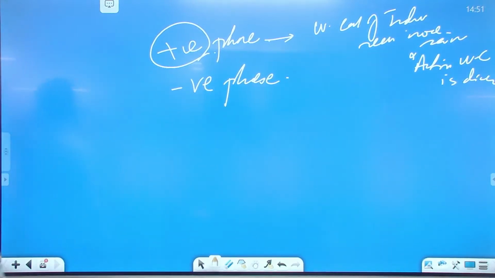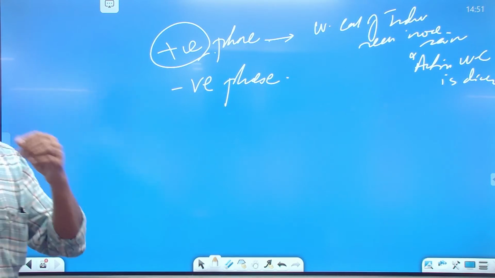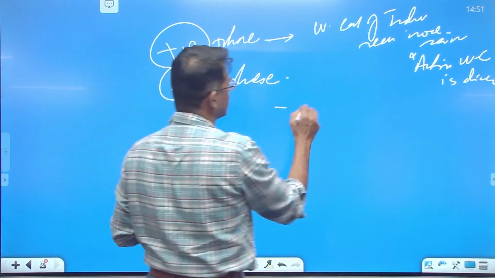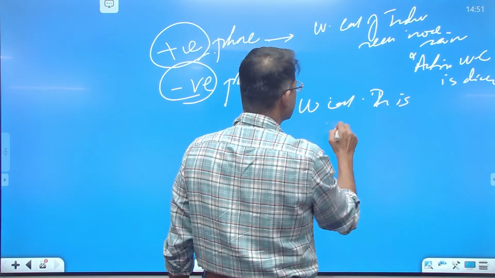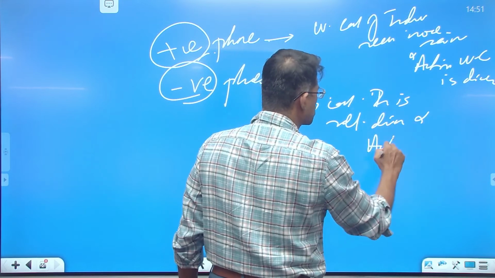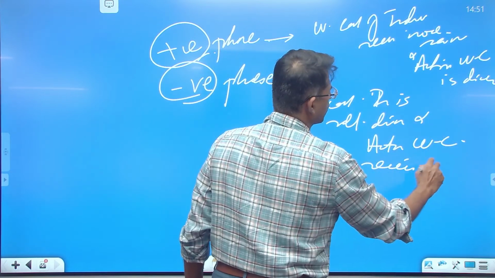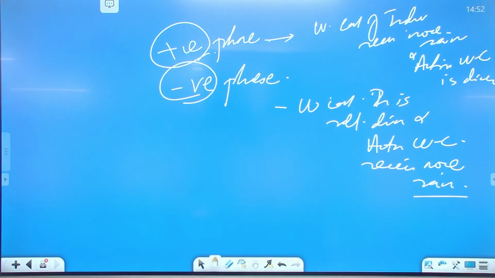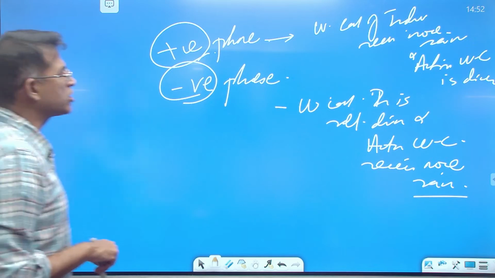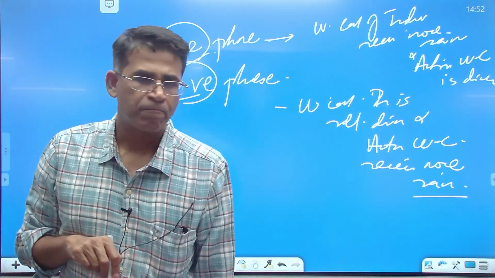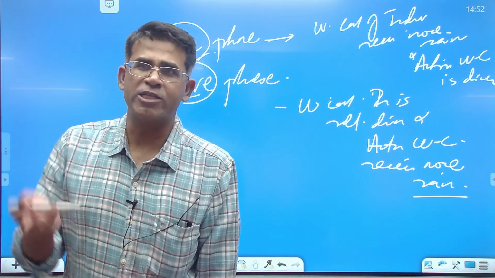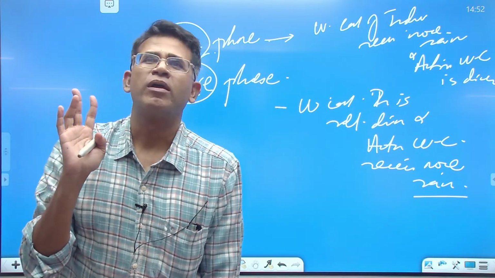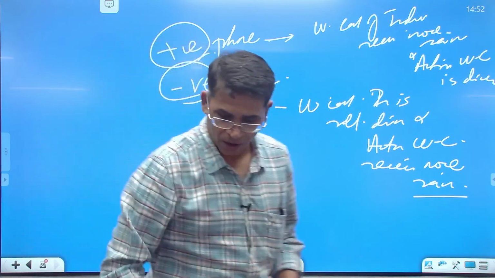Positive में क्या है? The western coast of India receives more rain and Australia is dry. In the negative phase, the west coast of India is relatively drier and Australian west coast receives more rain. In the negative phase, the west coast of India becomes drier, okay, and Australia coast receives more rain. Is it okay, all of you? ये swing को बोलते हैं the Indian Ocean El Nino or the Indian Ocean dipole phenomena. All fine here? Okay. Now,